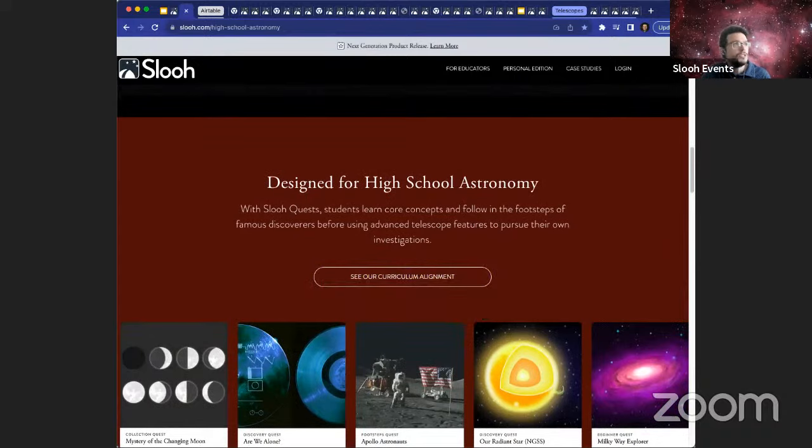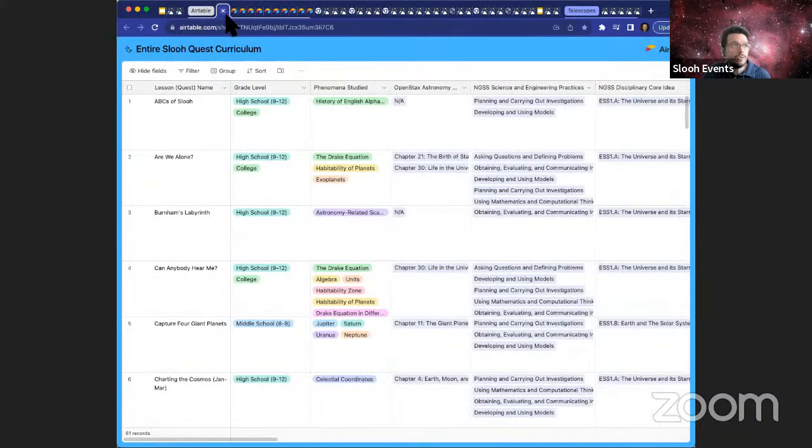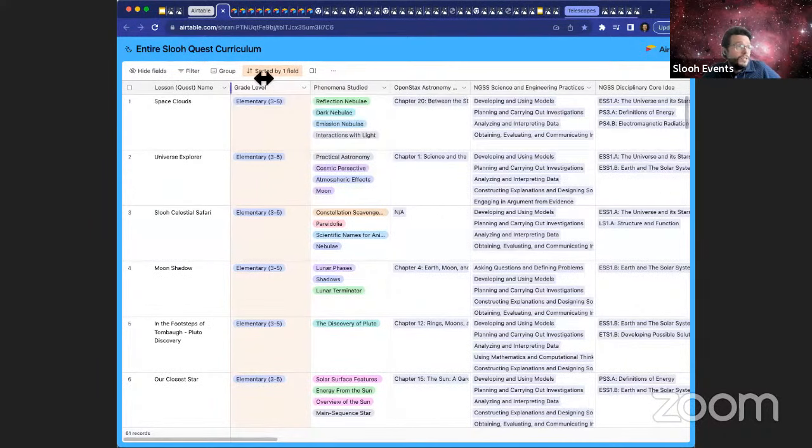And this is going to bring you to our Airtable. So our Airtable contains all of the quests that we have and the standards addressed for those quests. So here, this is a way where you can get a glance of all of the quests, and you can do some cool things like sort this table. So if I sort by grade level, for example, here now are all of the elementary school quests